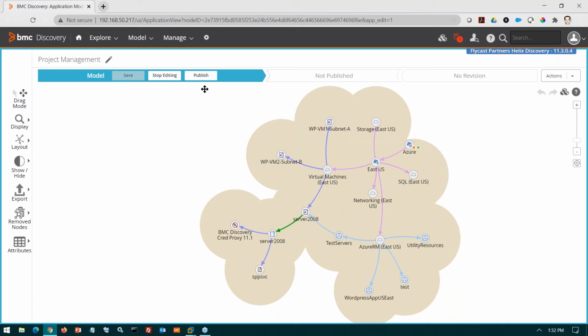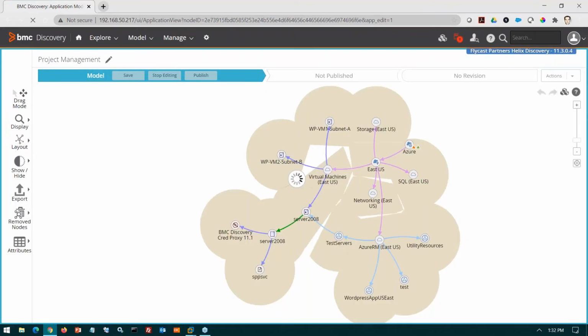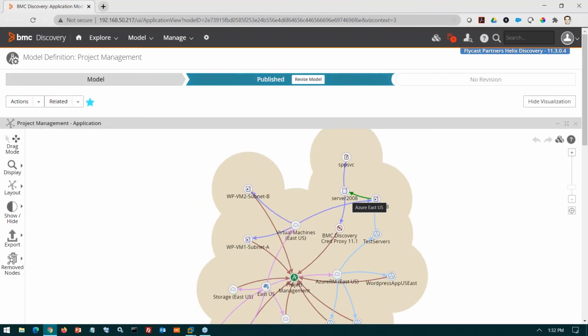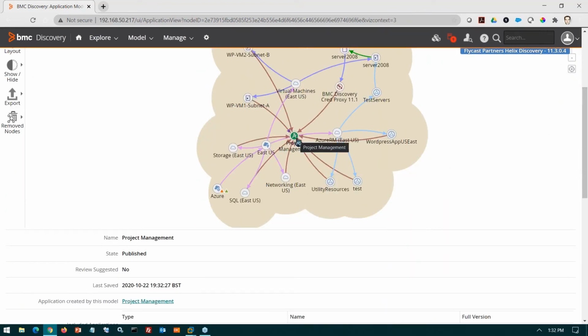I get everybody to input all the detail, and then when I publish that model or that application map out, you'll see that it wraps everything up for me now